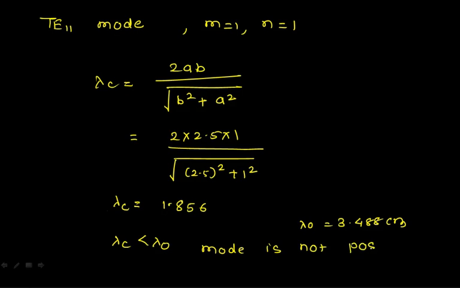So to have a propagation, your lambda c must be greater than lambda 0. So we have checked it: TE00 is obviously not possible, so we are not going to check for that. TE01 not possible, TE10 possible, TE11 not possible. Now we'll start with the TM mode. We have already seen TM00, TM01, TM10. These we are not going to check as they are not at all possible. While analyzing TM waves, we have seen that these modes do not exist at all. So we'll check it for only the TM11 mode.